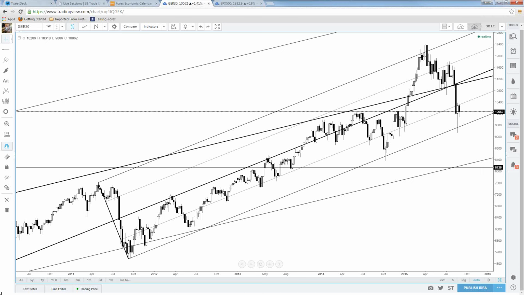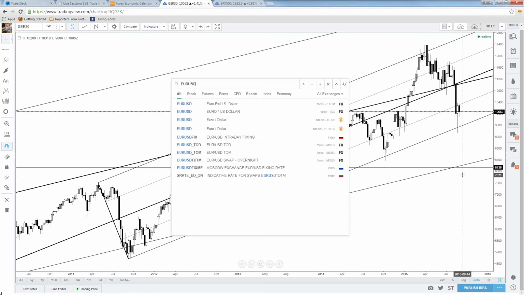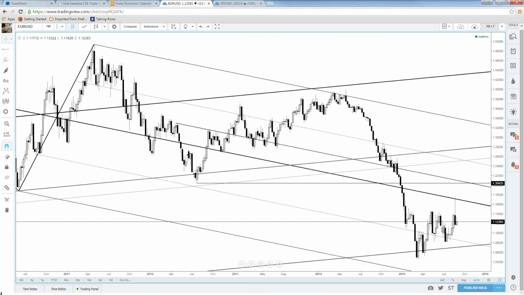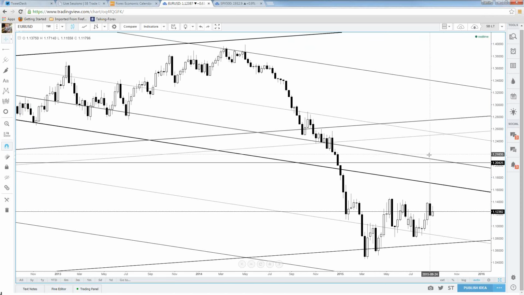Why the market's trading the way it is, right? People have called the euro a safe haven. You've heard that thrown around, right? The euro is a safe haven. The euro is not a safe haven. That's quite silly to call it a safe haven. The euro rallies when the DAX has been declining because most market participants have spent the last year plus, and the same goes for the Japanese yen, by the way,